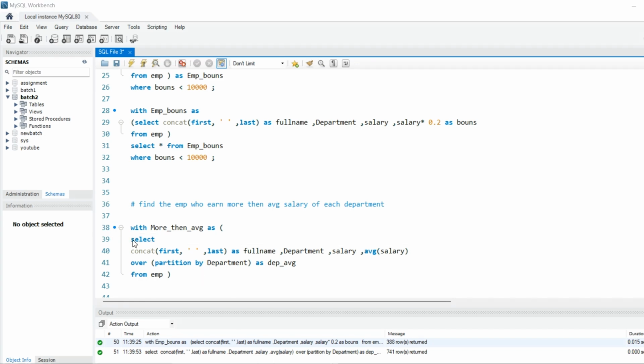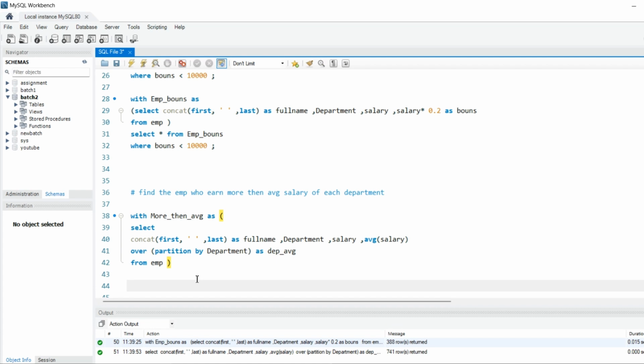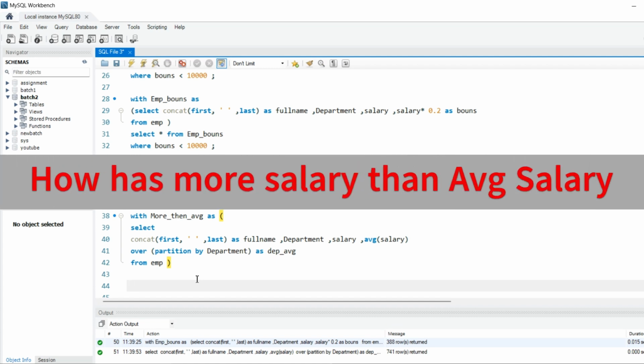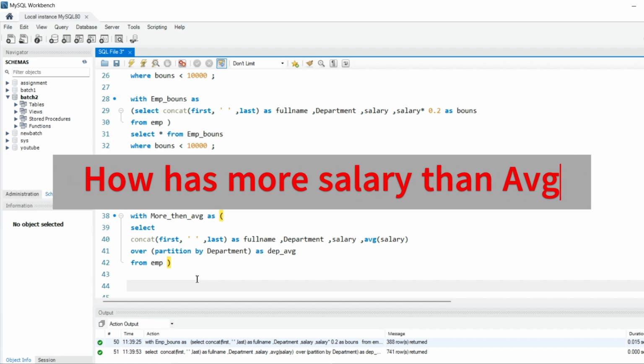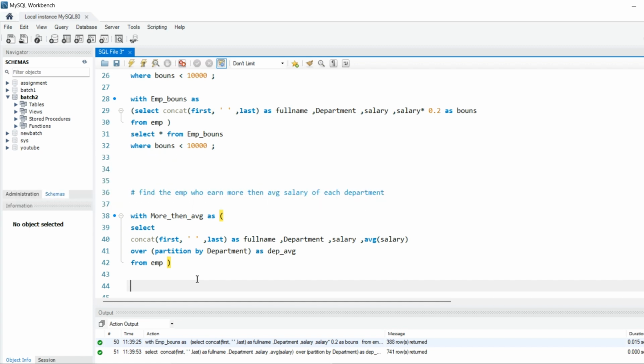So now as you can see here in the select command, I select whatever I want. Like I want first name, last name as a full name, their department, salary, and average salary also. And then we did a group by or partition by, you can say, as a department average. From which table did we do everything, right? Now what I want, until here we are fine, but I want to find the person who has more salary than the average salary